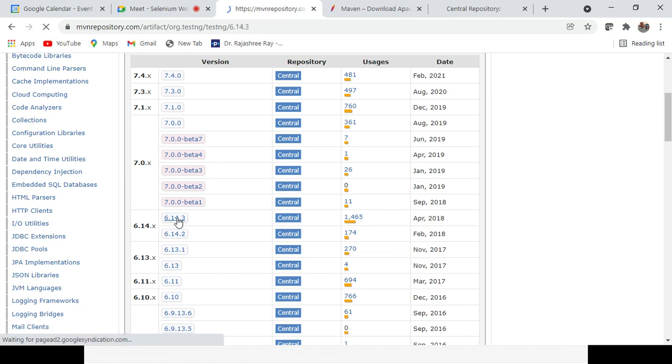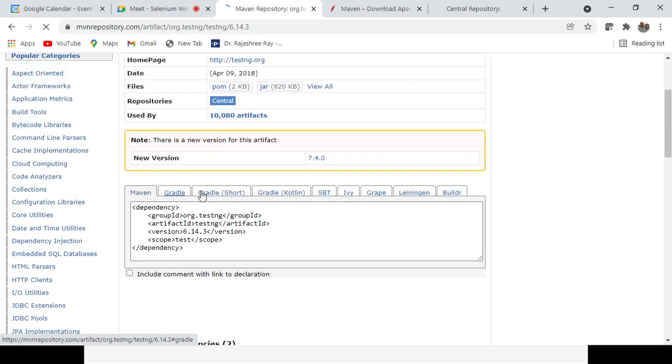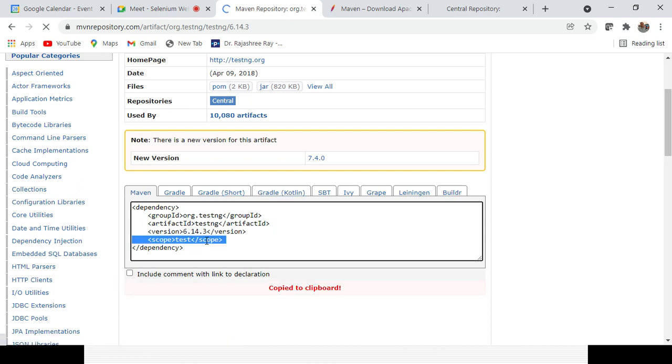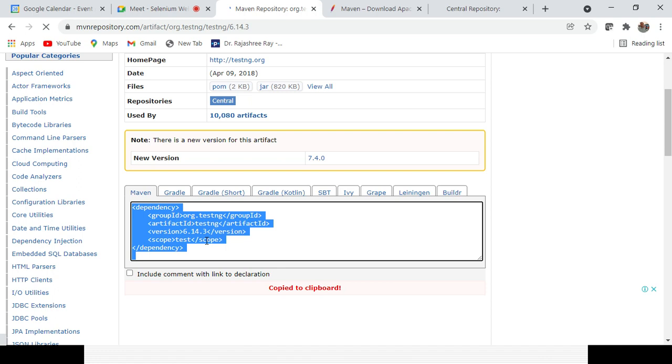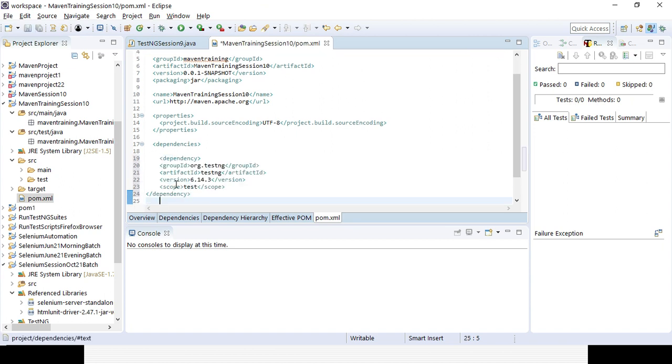Just click on that, and if you go here you can see the different dependencies added, for Maven project, for Gradle project, for Kotlin project. Definitely I will take the dependency for the Maven project. Select everything, Control C, and Control V here under the dependencies tag, and then Control S. It will take some time.